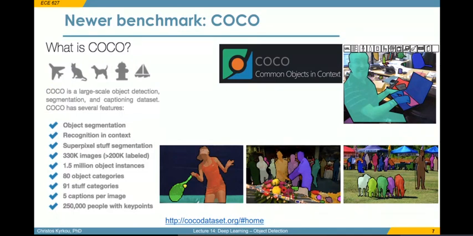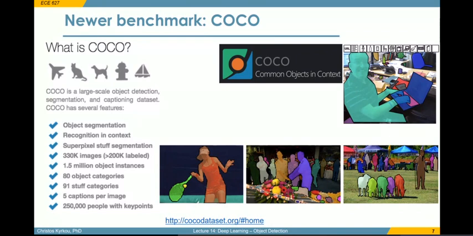So the VOC images were mostly center cropped. So the object was at the center and had a large portion of the image. Whereas in COCO, they're trying to make more realistic data sets. And it's another data set that is used for